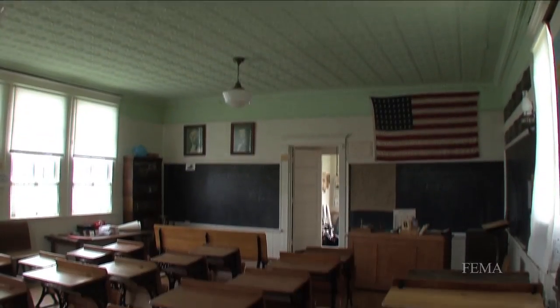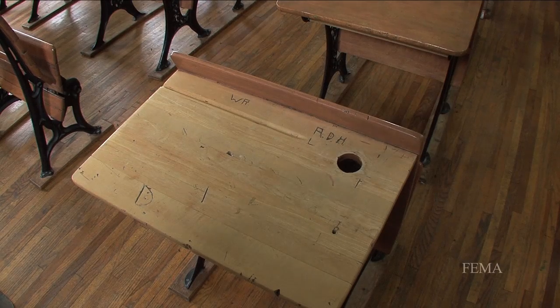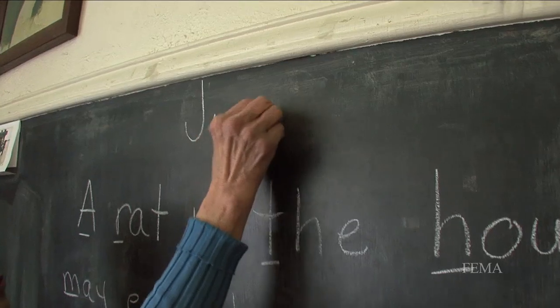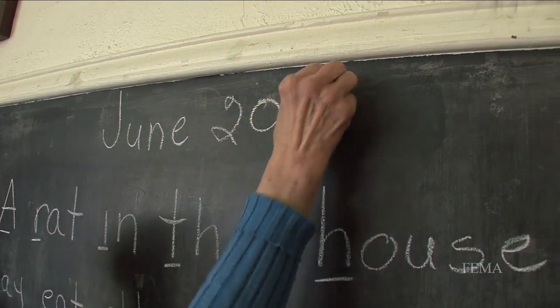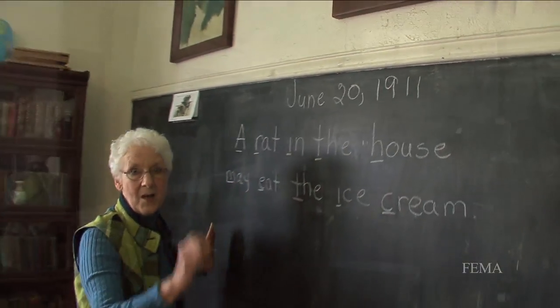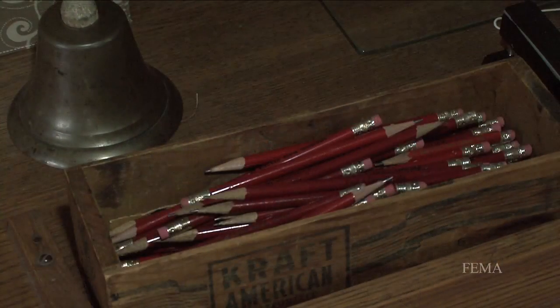The Little Red Schoolhouse Museum is a hands-on, the kids can go in there and actually sit at the desks and see what it was really like. June 20th, 1911. They started with a one-week class, and then it started to grow, and they added a second one,